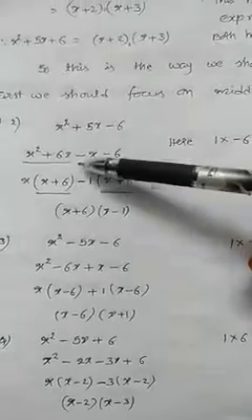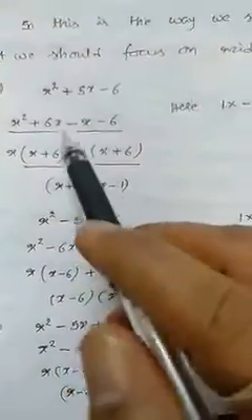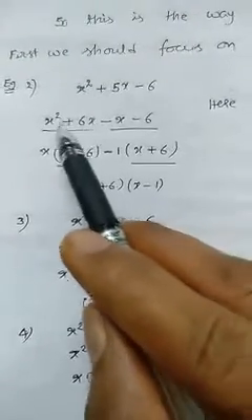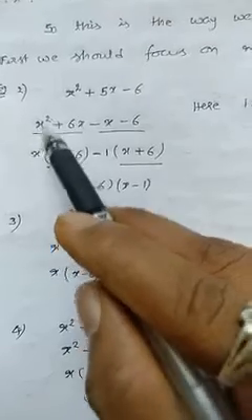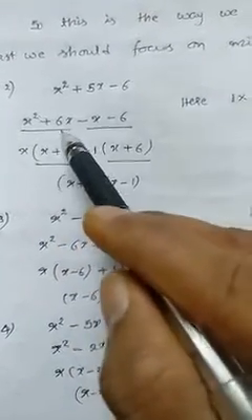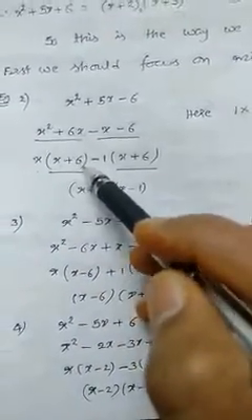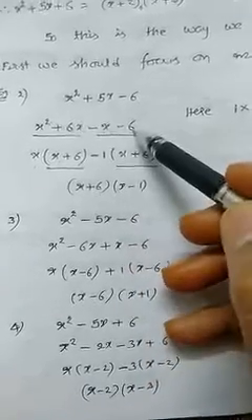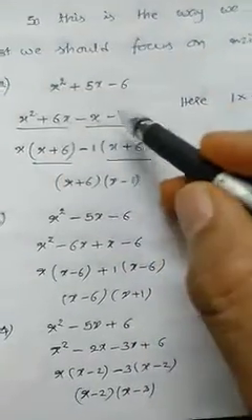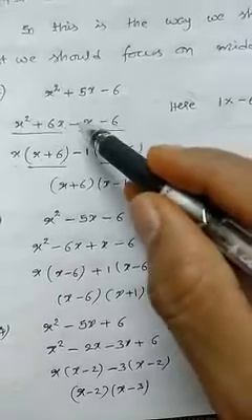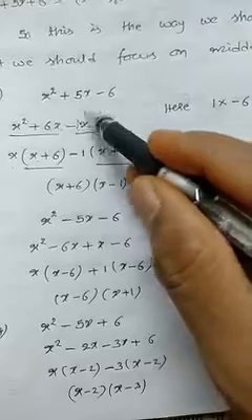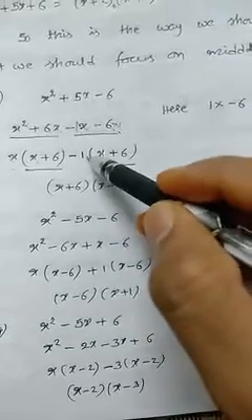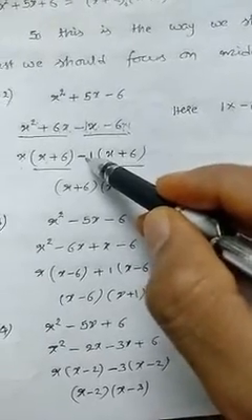So just like that, x square plus 6x minus x minus 6. Now observe here. In this way, for the first two terms, what is common here? In x square plus 6x, x is common because x square can be x into x. Take x out. And what is left here? x is left over here. In this 6x, what is left over? 6 is left over. Now here it is minus x minus 6. By seeing this, nothing is common. In any case, if nothing is common, always 1 is the factor for both terms. 1 into x, 6 into 1 is 6. So you take 1 out. And both are minus numbers, so take minus also common. So what is left over?